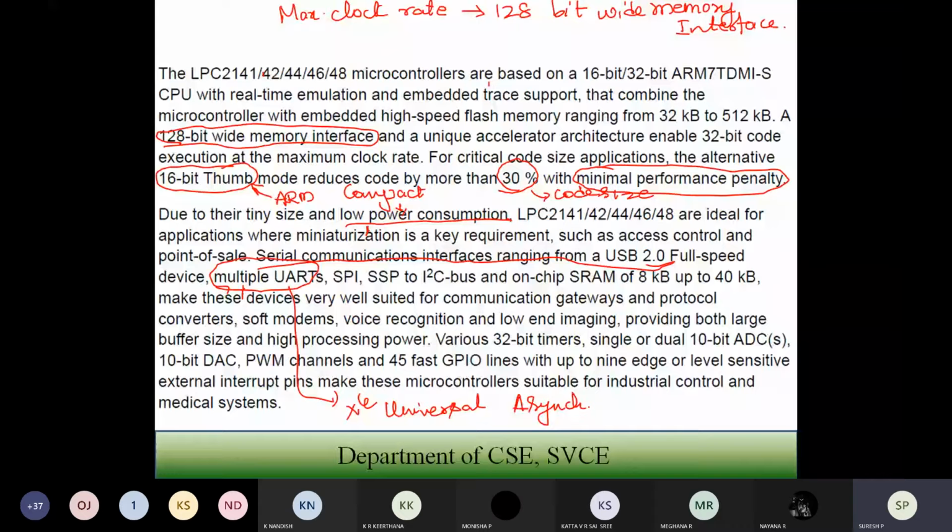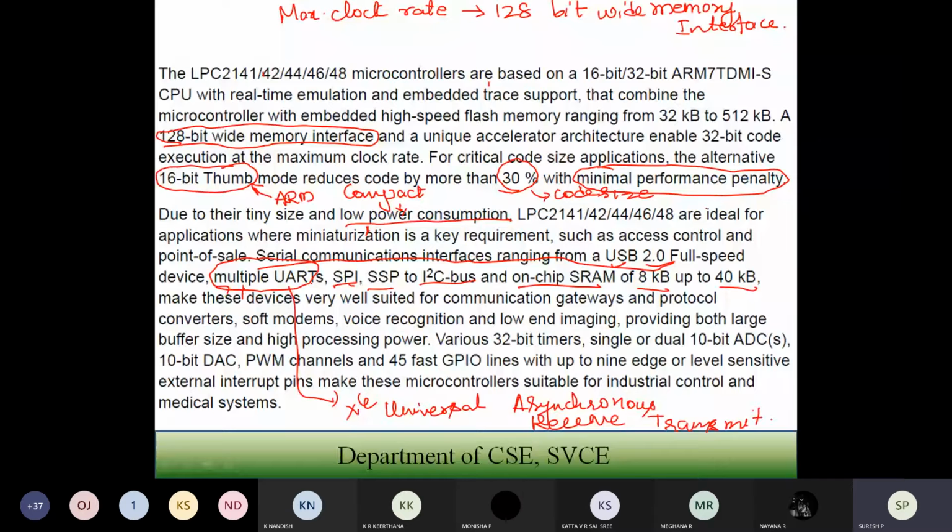Next, the serial peripheral interface is used, SSP is used, and the inter-integrated circuit bus is used, and you make use of the on-chip SRAM. It has on-chip SRAM of 8 kilobytes, and it can support up to 40 kilobytes. So it can be interfaced through USB, or through a full speed duplex device.